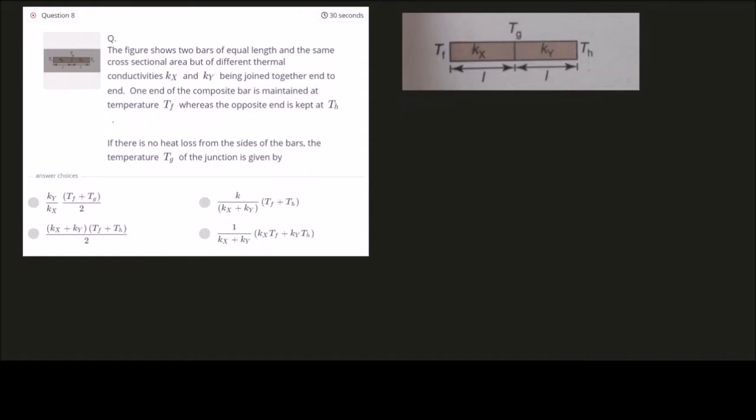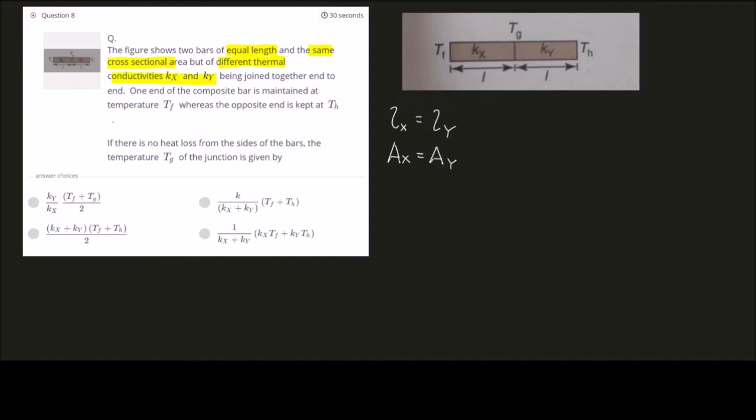Question 8. A figure is shown here. You have bar X and bar Y, I think. The figure shows 2 bars of equal length and same cross-sectional area, but different thermal conductivities kx and ky. So it's a big bunch of words. Let's just break it down into mathematical expressions. Equal length means the length of X should be equal to the length of Y. Same cross-sectional area, so A of X, it's capital X, have to be careful, equals the cross-sectional area of